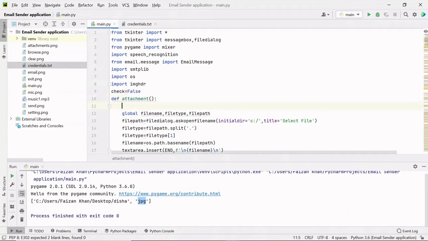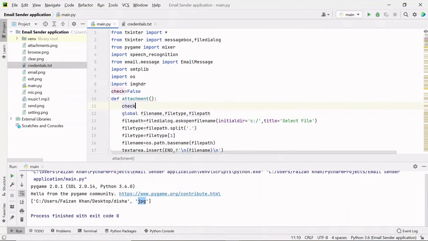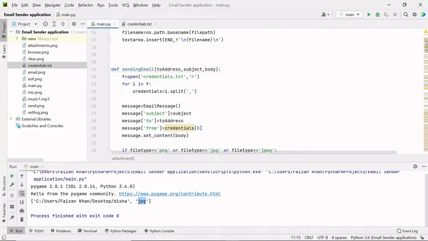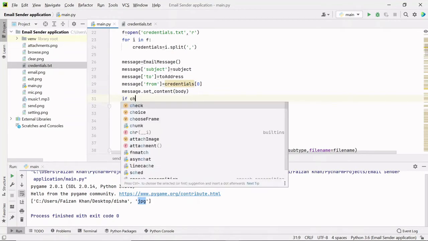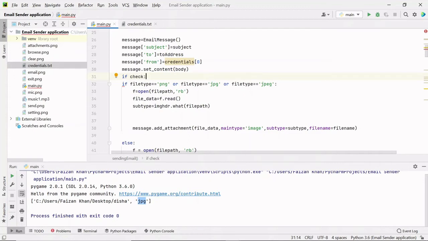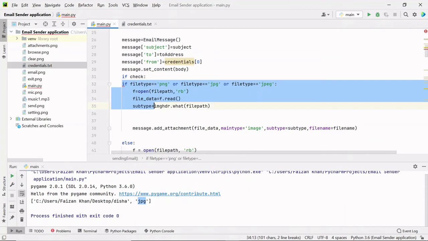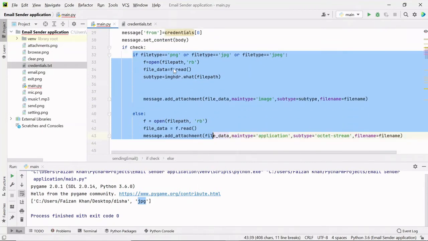And inside this function, I'm going to change the value of this check variable to true, and then I'll go inside this sending email function, and here I'll apply a condition: if check is true or false. So if it is true, it means the user has selected an attachment, and if it is false, it means the user has not selected any attachment. So I'm going to select this code till here and provide indentation like this.